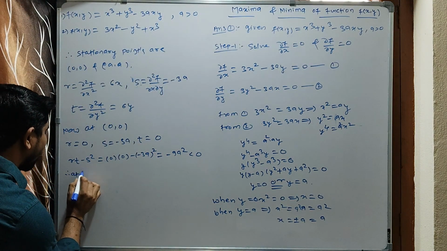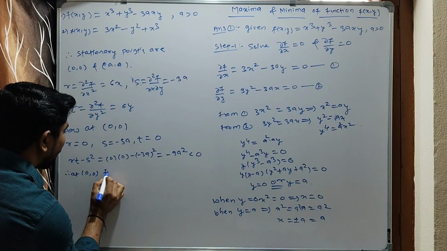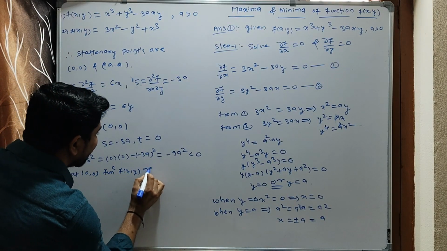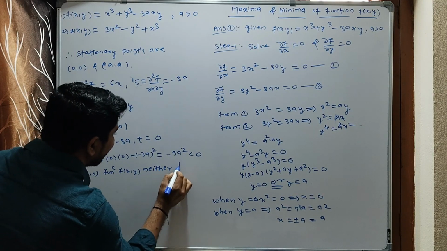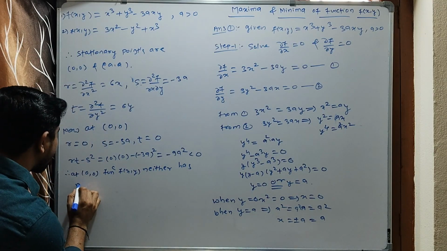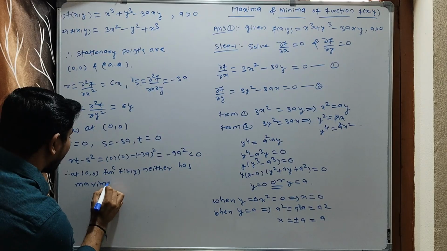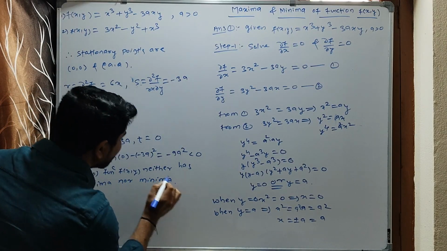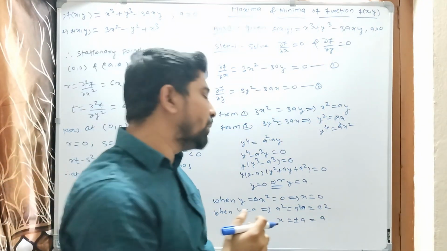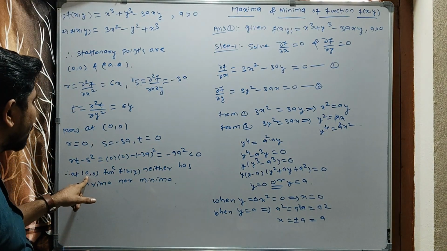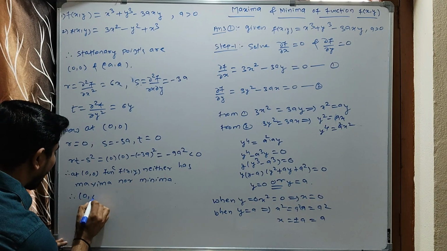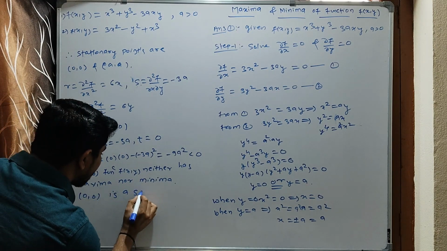Therefore at (0, 0) the function f(x, y) has neither maxima nor minima. So here the function has neither maxima nor minima. That critical point or stationary point is called a saddle point. Therefore (0, 0) is a saddle point